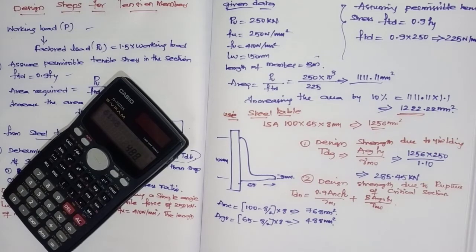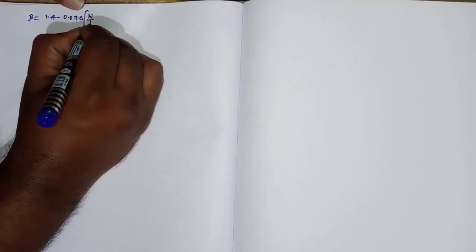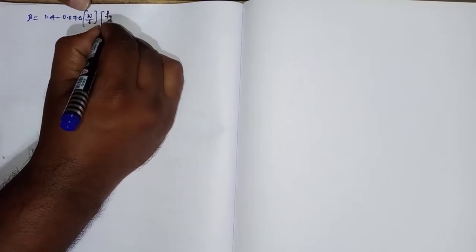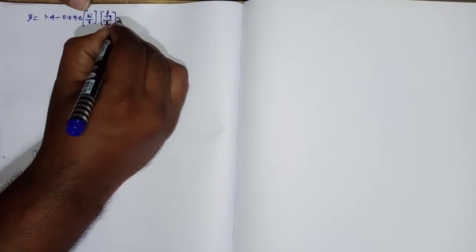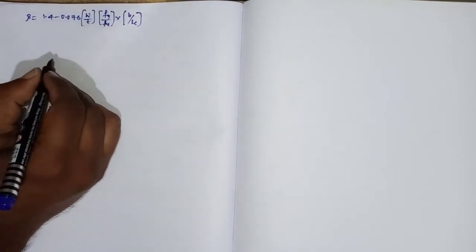Okay, next we'll solve what is beta. Now what is the beta formula? Beta equals 1.4 minus 0.076 into W by T into Fy by Fu into P by LC. Now,